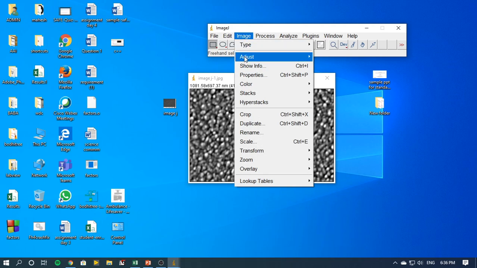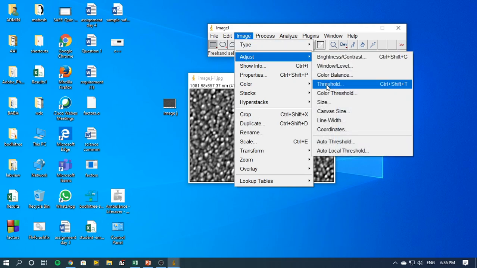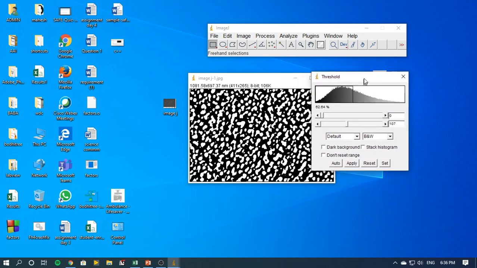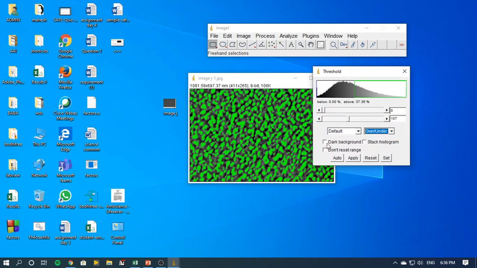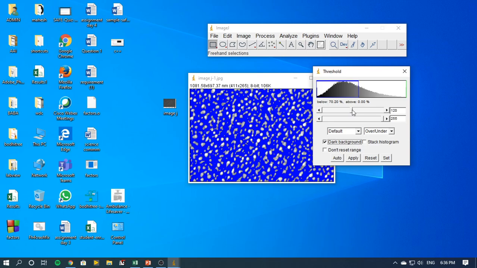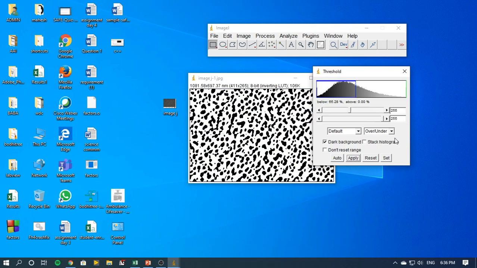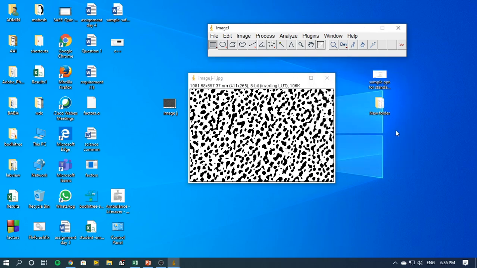After that you go to Image, then Adjust, and you have to adjust the threshold. Initially when you are going to do this, you make this over and under. We want a dark background, and this particular thing you can adjust as per your need. Somewhere here I will keep it as it is because I find that this is something which I would like to have. I'll apply this, but when I finally do it, I would like to have my image in black and white only, and then I'll apply and close this window.